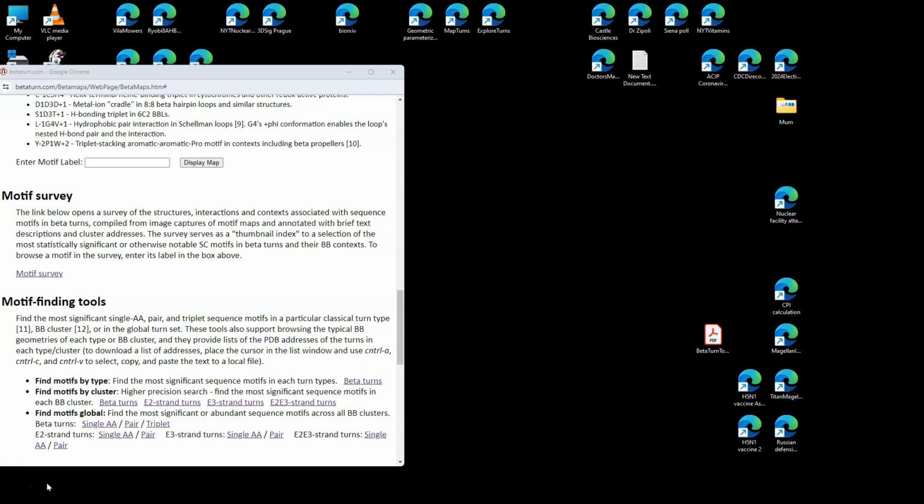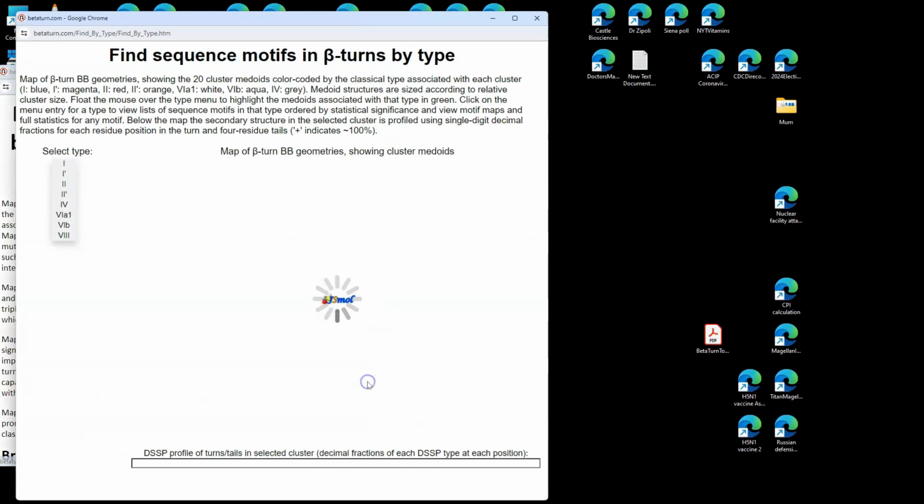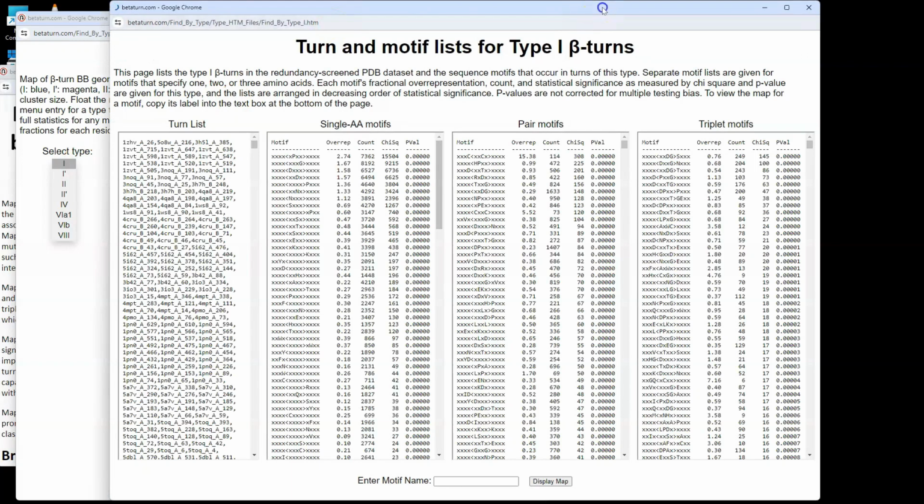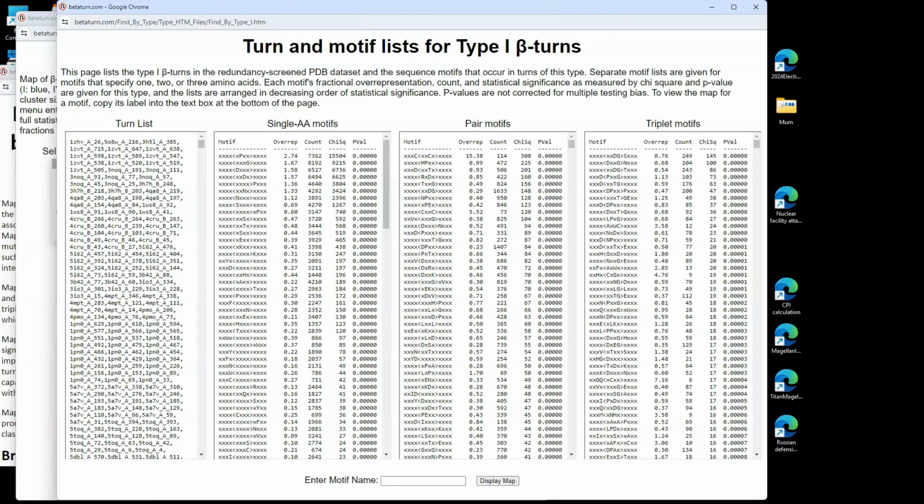To demonstrate MapTurns, we can use the motif finding tools to identify the most important motifs in the largest beta turn type. We can select the turn type, and we see the backbone clusters that correspond to that type. We then bring up a list of the important motifs within the type, and we can select from the first order or single A motifs. We can choose aspartic acid at the first turn position and copy it into the map display box and display